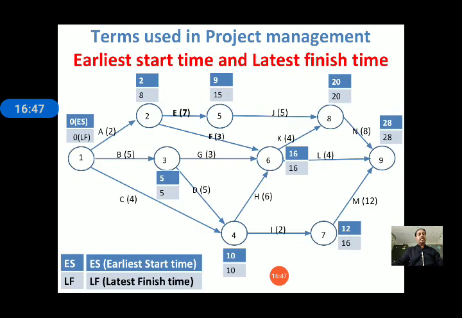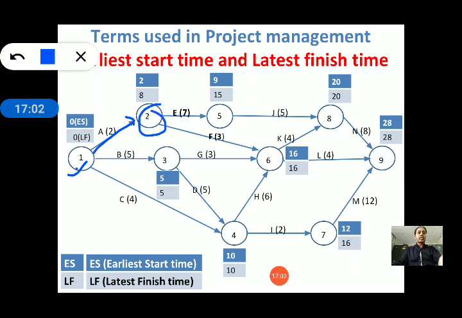Now see, this is a network diagram in which this is an event, this is an activity, and this is also an event. Here two events leave, so it is called a burst event. And here is one event in which one, two and three events come in, so it is called a merge event. So in a network diagram, some events are merge events and some are burst events.